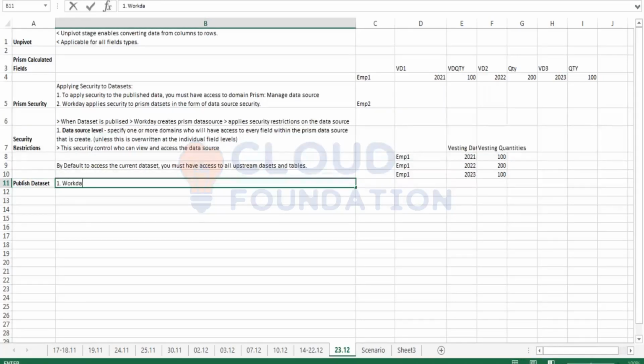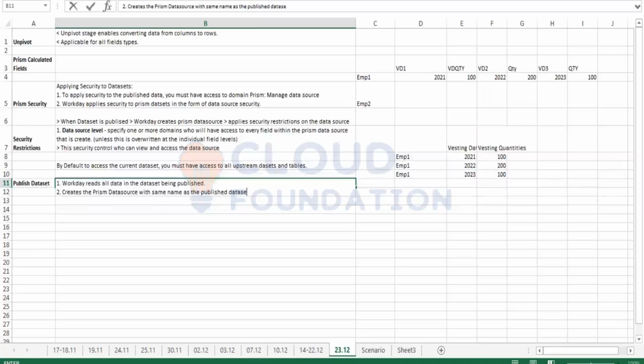Workday reads all data in the dataset being published, and creates the Prism data source with the same name as the published dataset,